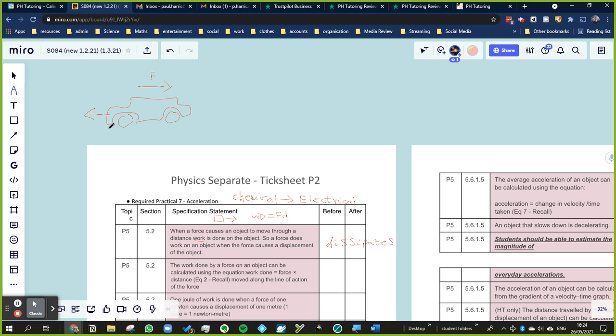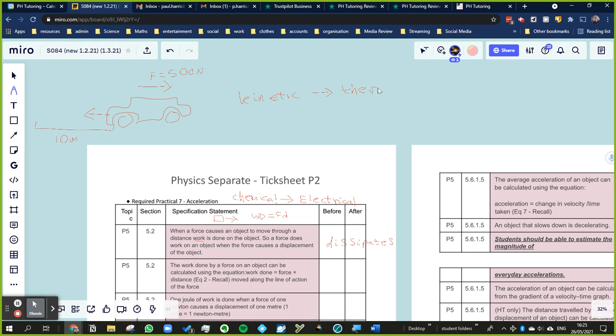But if we can see that it takes this much distance, 10 meters, for it to come to a stop, the work done by the brakes is still going to be force times distance. Let's say F is equal to 500 newtons. A question might be phrased like, how much thermal energy was produced by using the brakes? The energy transfer is going to be kinetic to thermal in this case,